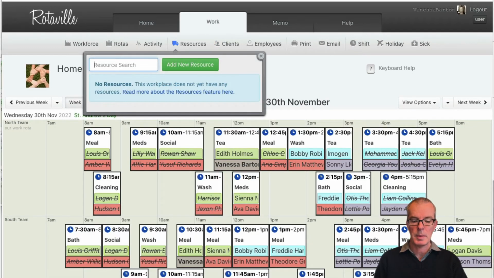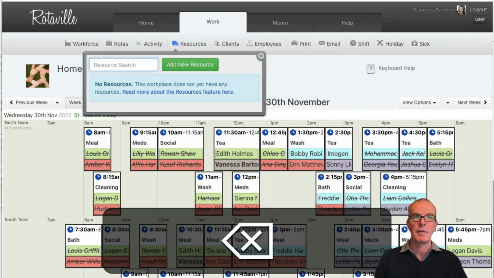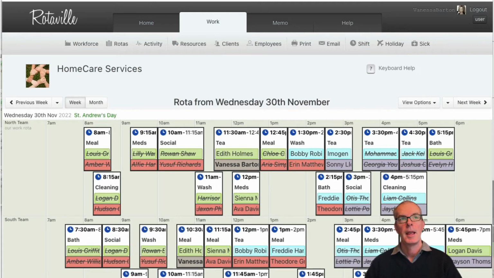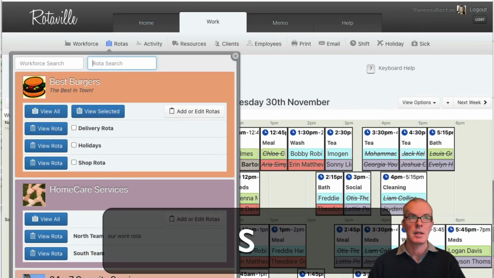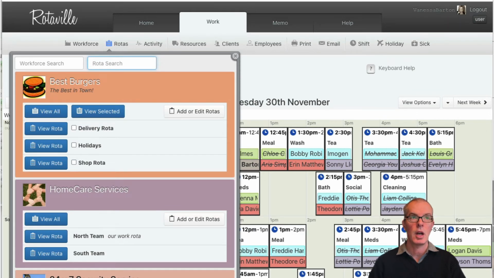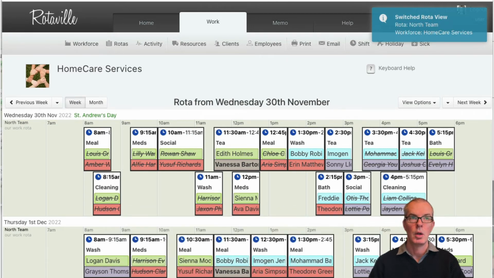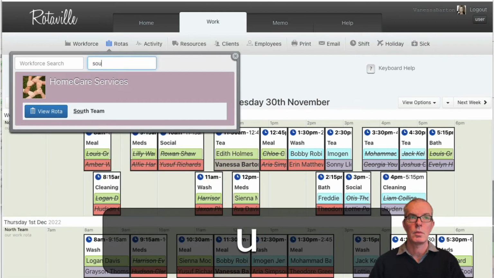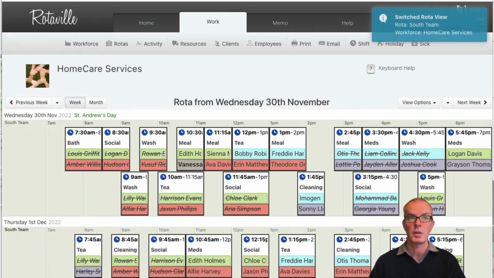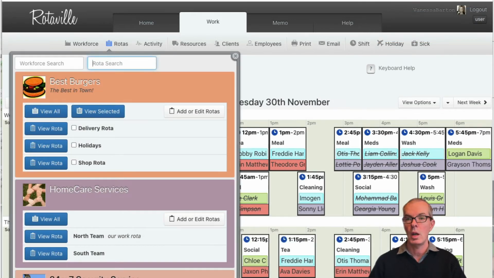And the same with the resources menu, R to open it. I have no resources in this workforce. Now, you might have maybe dozens or more of rotas in your workforce, so you can press S to quickly open up the search dialog. And if I type in something here, say North Team, I can quickly just jump to the North Team rota, or I can search and quickly jump to the South, looking at only the South Team rota. S for searching, or I can even look at